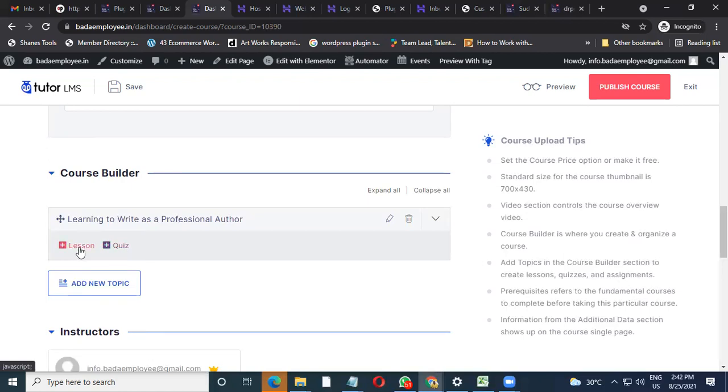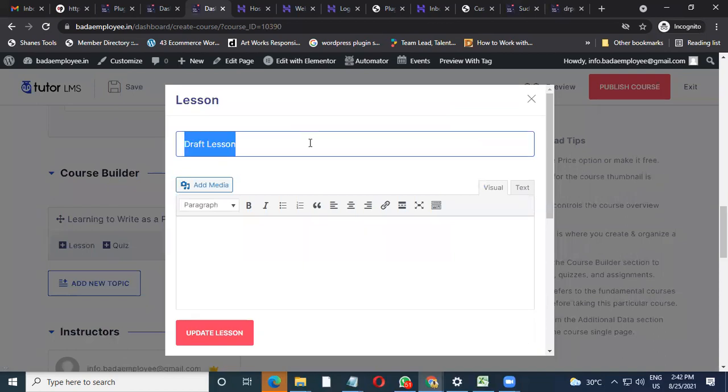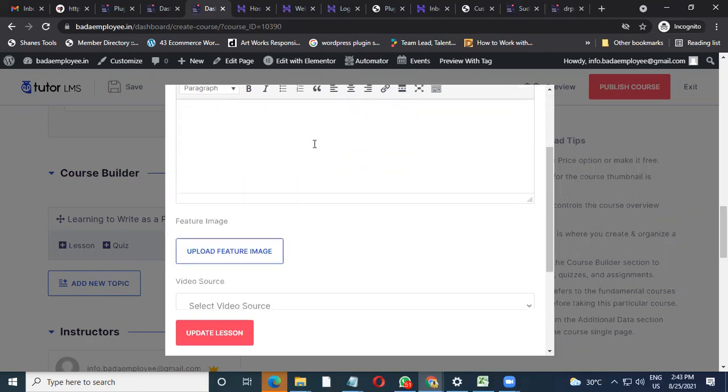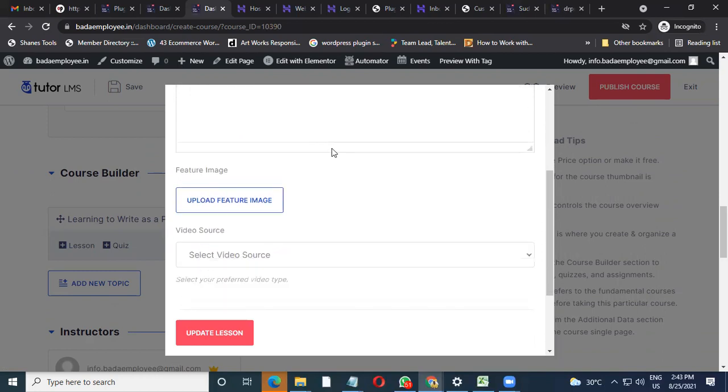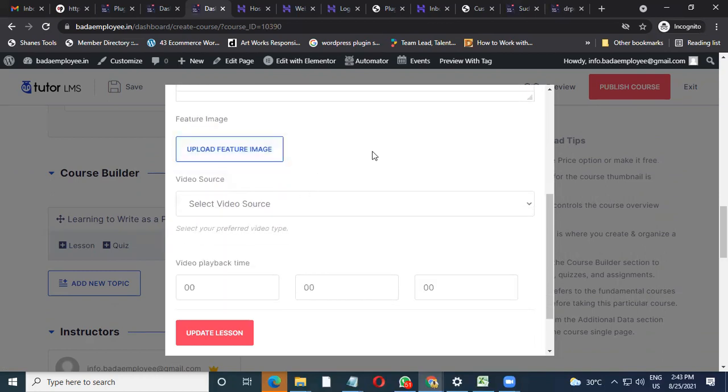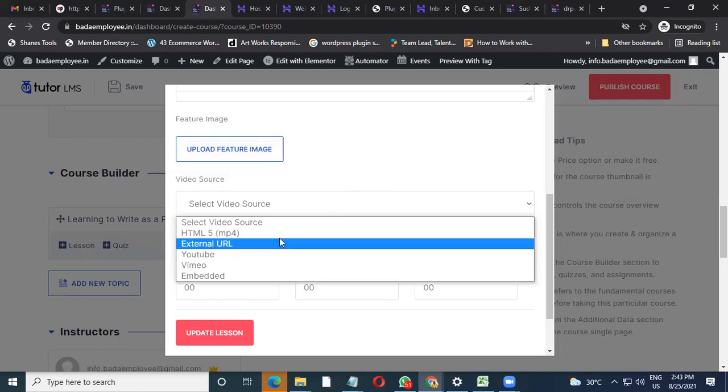To add a lesson, it is pretty easy. Just click on the lesson part. You can mention it as chapter number 1, or you can mention it as day 1, or you can mention it with a topic. So, introduction as a topic. Okay, so this is how you can put it up. In case you have any content, put it up, otherwise leave it blank. Image, there's no need to put it up. Only concern is with the video source.